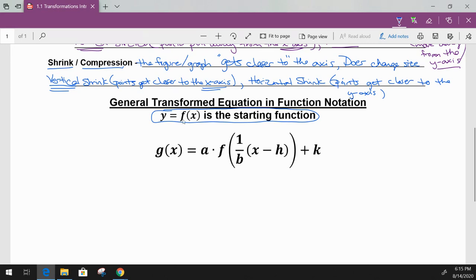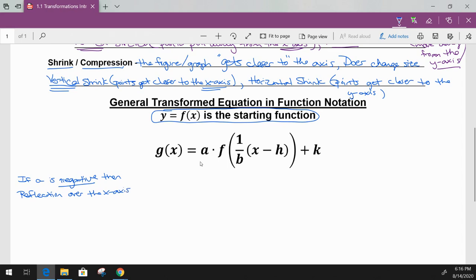So what number could you multiply times anything to equal itself? 1. So the parent function or the starting function has an a value of 1. So that doesn't make any changes. But what if the a, instead of being positive 1, was negative 1? So if a is negative, then you have a reflection over the